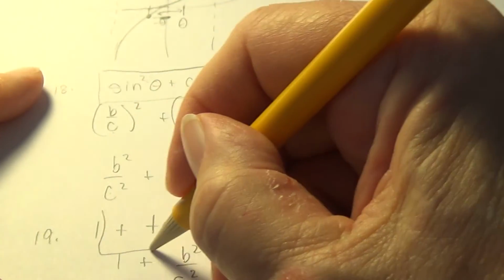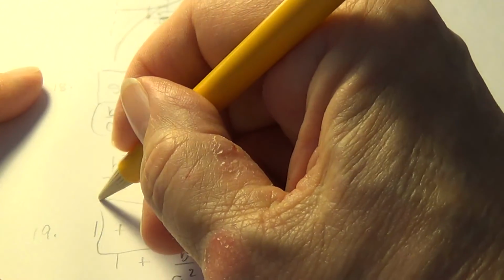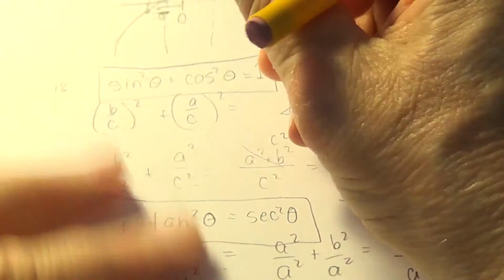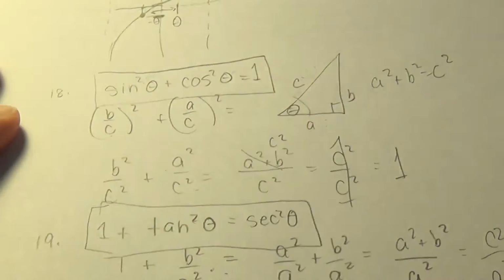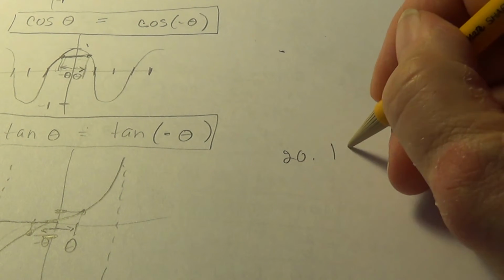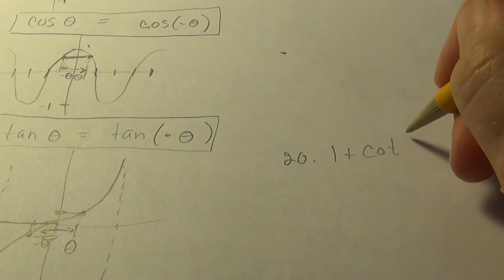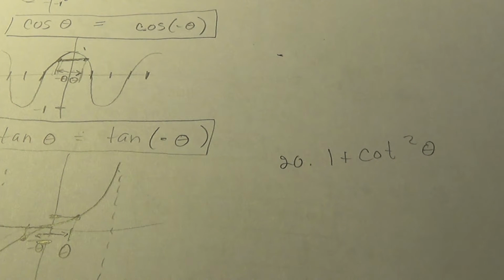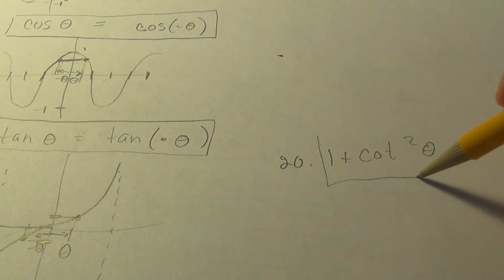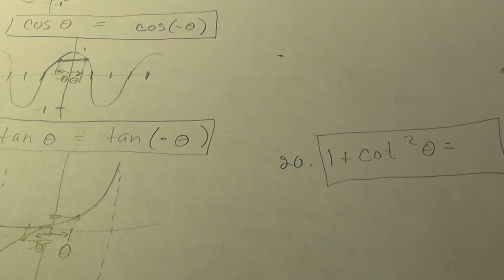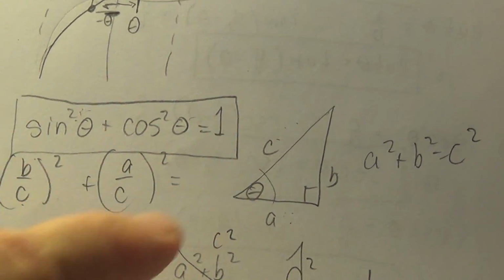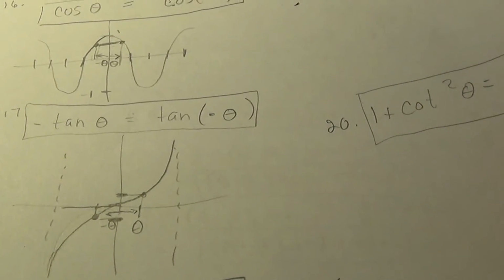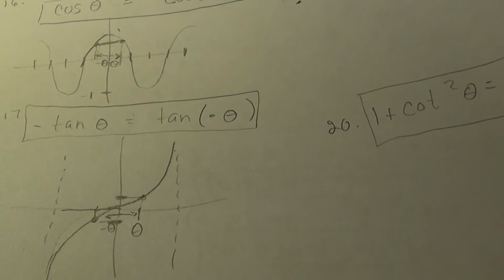Alright, in like manner, show me with the triangle what the 20th trig ID will equal. I'll tell you tomorrow if you would just go ahead and use the triangle and tell me what 1 plus cotangent of theta is. So that's your work for tonight. Find out what the 20th trig ID is by setting up the triangle using this triangle right here for it. Alright, so I was able to do this in 2 parts, and we will be using these trig IDs tomorrow